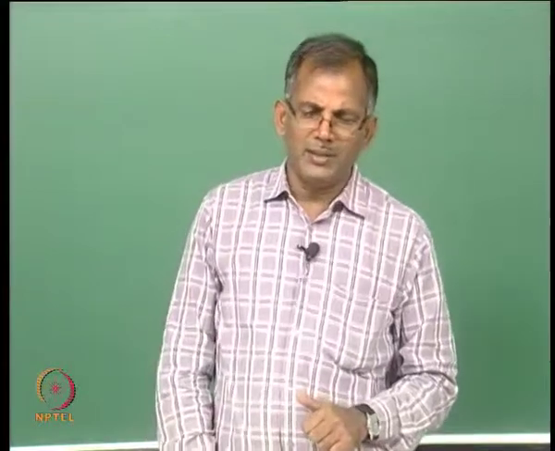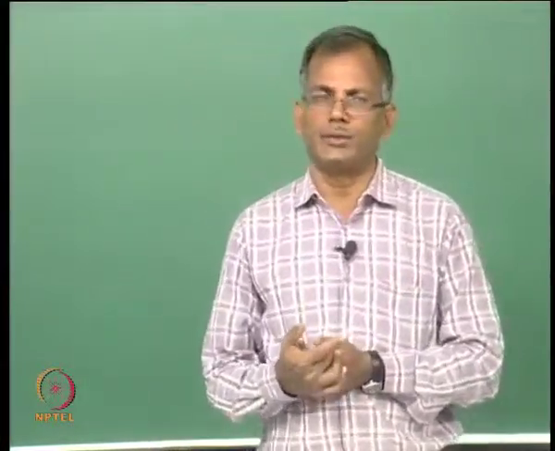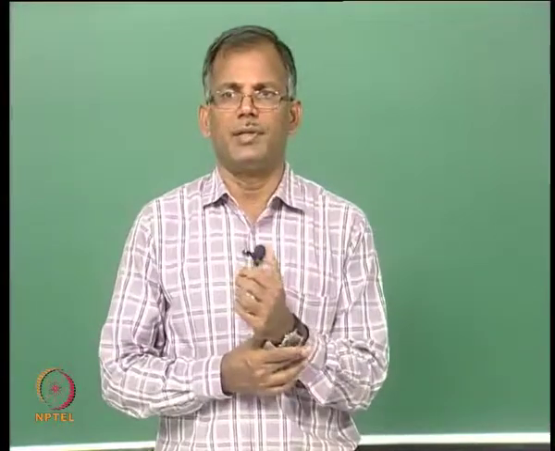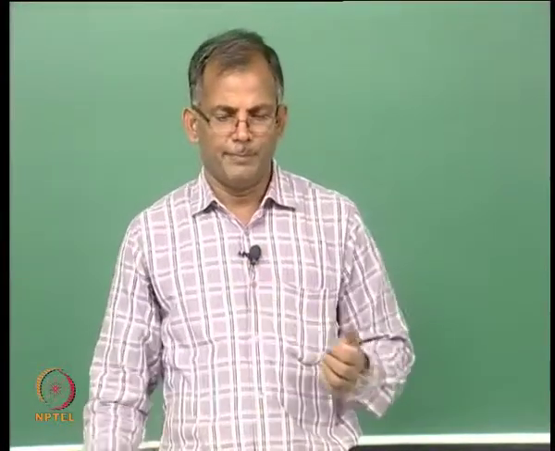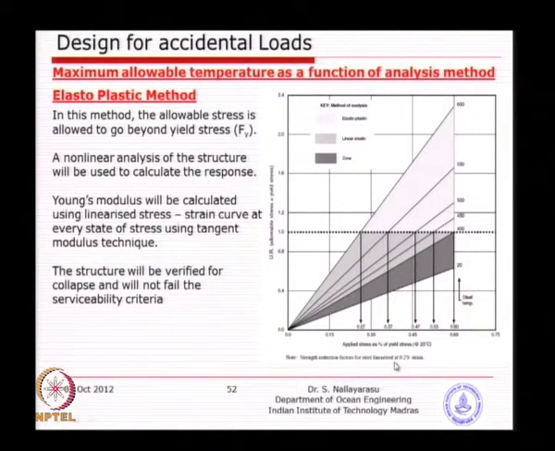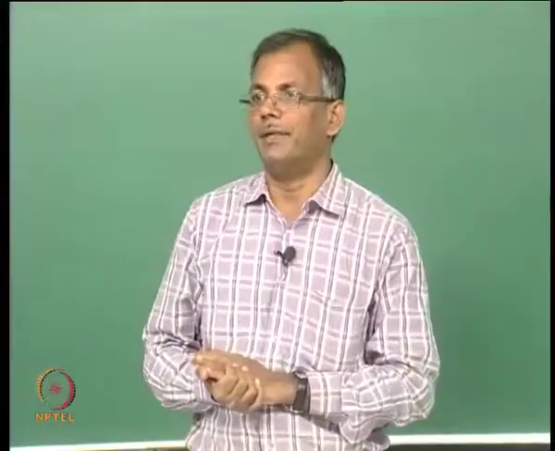The elastoplastic method is commonly used for large deformation structures, not for stiffened steel structures, basically specialized structures, because it is a time consuming process. You have to model the material characteristics, you have to model the geometric second order nonlinearity, and whenever you go beyond, then you will be using the extra strength, the reserve strength available between the elastic limit and the failure, also called ultimate strength, which in most of the design we normally do not allow, and you will use that with the appropriate factor of safety.